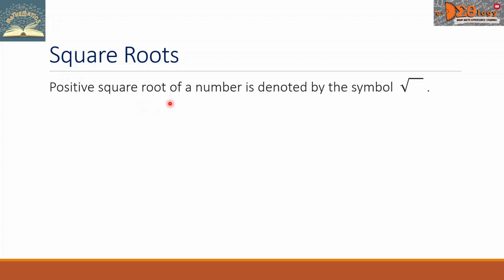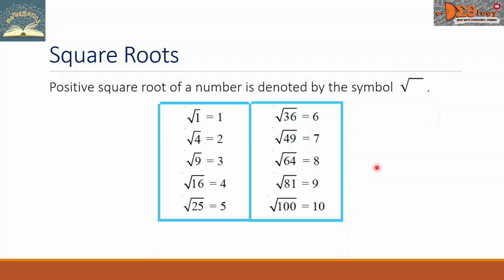The positive square root of a number is denoted by this symbol. This is the square root symbol. Let us see this table, and this is about the square root of 1 equals 1, square root of 4